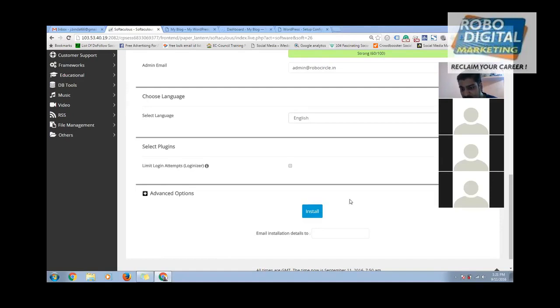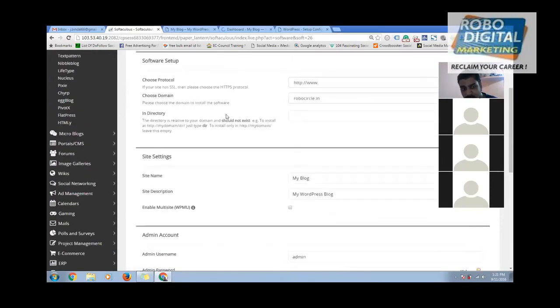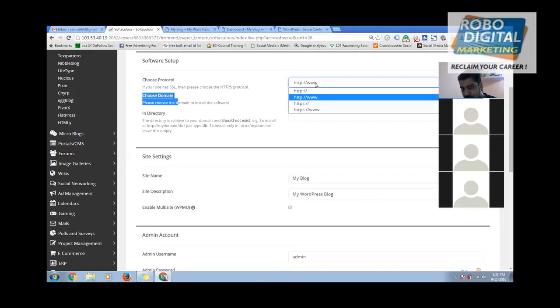Manisha says 1. Nipun, it's clear now? What is the name of the link? I'm not getting which link you're talking about, Nipun. Are you talking about the domain name, or the cPanel login? Are you talking about this link? This one? Yep. This is known as protocol. Remember, in the last class, I explained there are 4 protocols: with www and without www, and with HTTP or without HTTP. As we have not bought SSL, we will be using the second one.